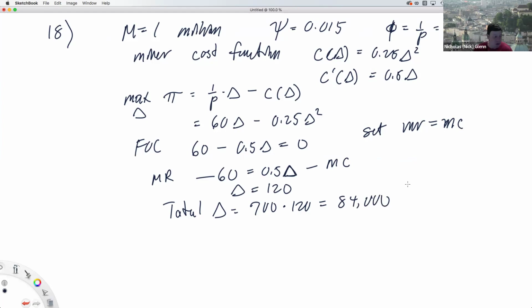Okay. Now we want to get net token creation. So remember, our money supply develops. Money supply in the current period equals the amount of tokens being produced by the entrepreneurs, and we said that was 120 each. The total is 84,000. We also need to take into account that we already have part of our money supply there, so that comes from this part, money supply from the previous period. But we need to subtract out part of the money supply that's lost from people losing their private keys.